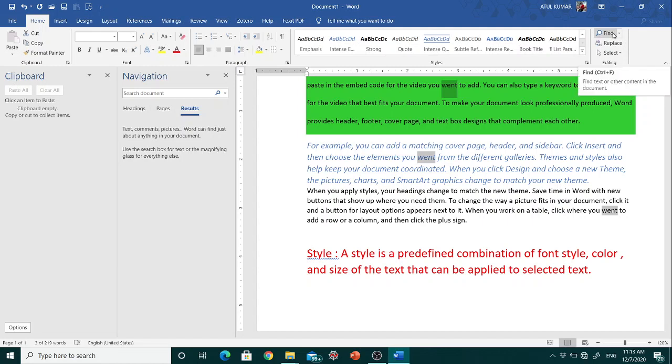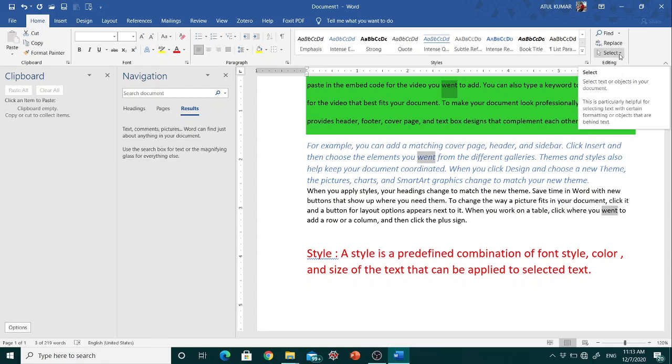Also there is a shortcut key for the find option, ctrl plus f to find any kind of text, and to replace there is ctrl plus h to replace a given text with the text you want to change.